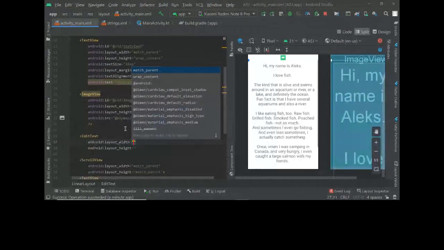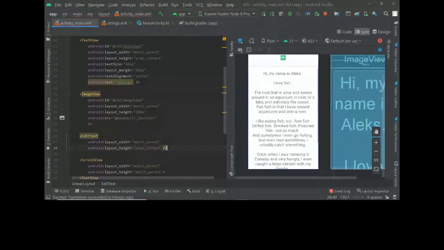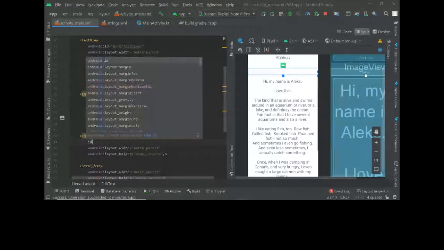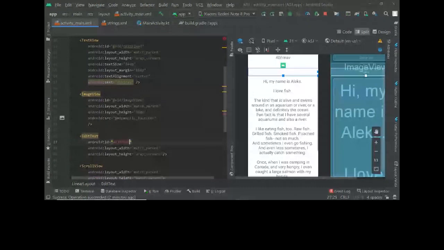By the name, you know it means some kind of edit text. I mean, it's not editing text. It means you'll have a bar where you can type in text. So let's make it more visible. Call it an ID called edit text.